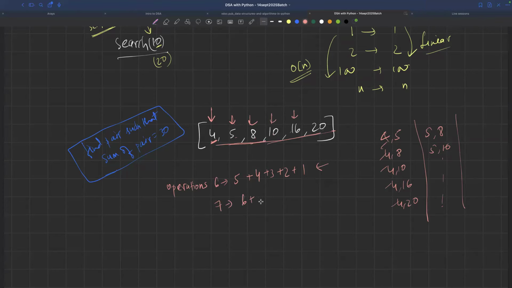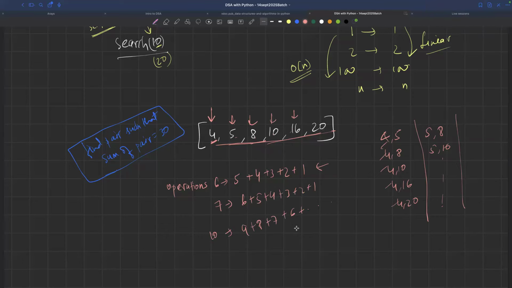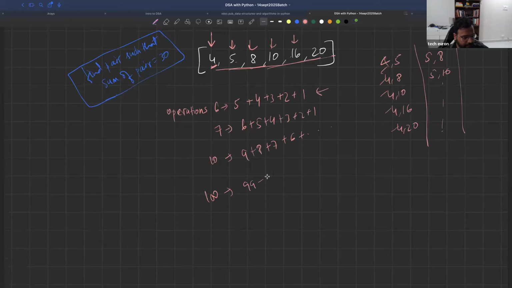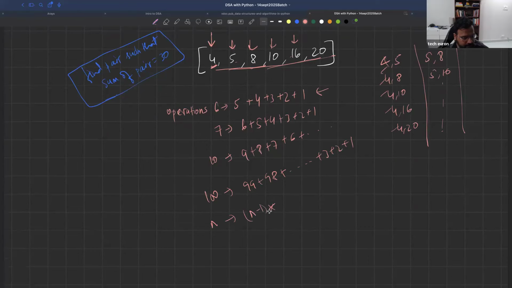तो इसमें एक 6 और ऐड हो जाता, 6 + 5 + 4 + 3 + 2 + 1 हो जाता। तो n-1 रहेगा। अगर 10 होता तो कितना पढ़ना पड़ता? 9 + 8 + 7 + 6 प्लस ऐसे करना पड़ता। अगर 100 हो जाता तो 99 + 98 प्लस करते करते +3 + 2 + 1 करना पड़ता। अगर n हो जाए तो n-1 करना पड़ेगा, प्लस n-2 प्लस करते करते 3 + 2 + 1।